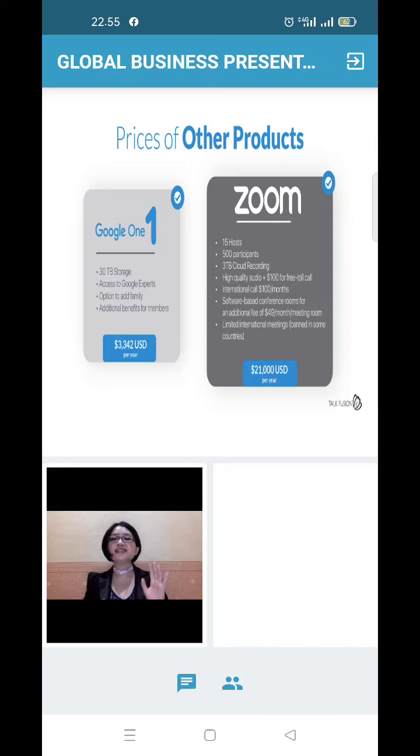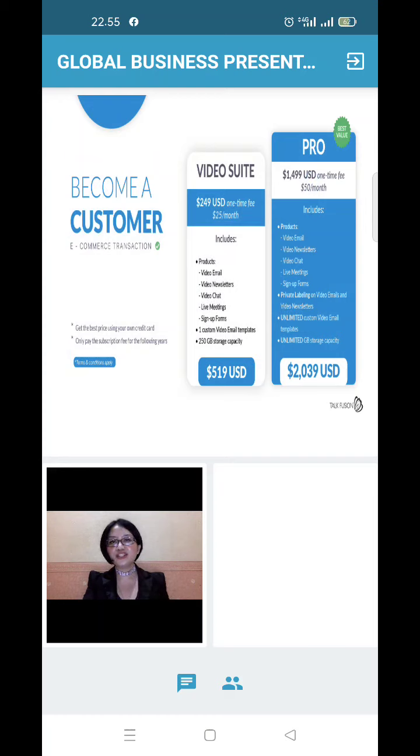And let's say your company needs these two, cloud storage and video conferencing or live meetings. That means you have to pay $24,342 per year. That's very costly. And as you see here in Talk Fusion, the most expensive package that we have is the Pro package here.